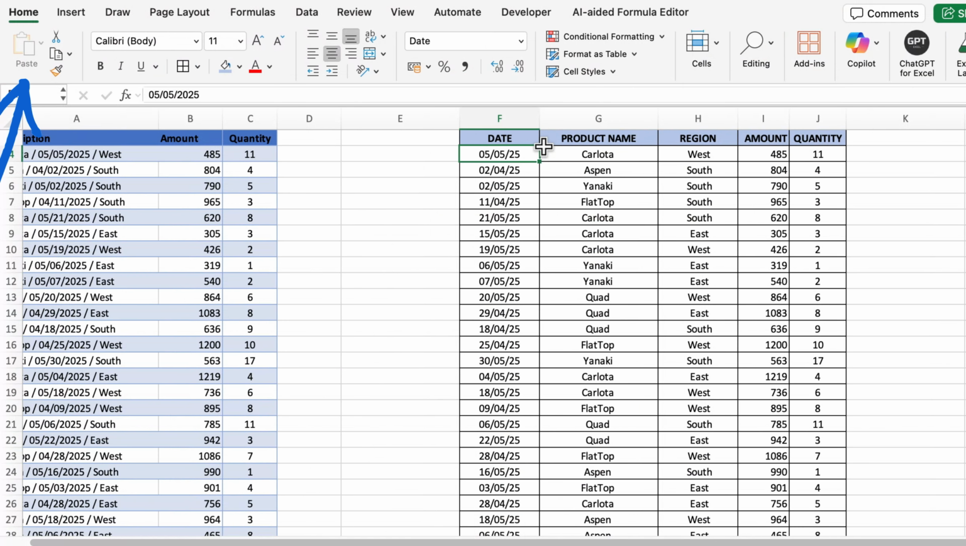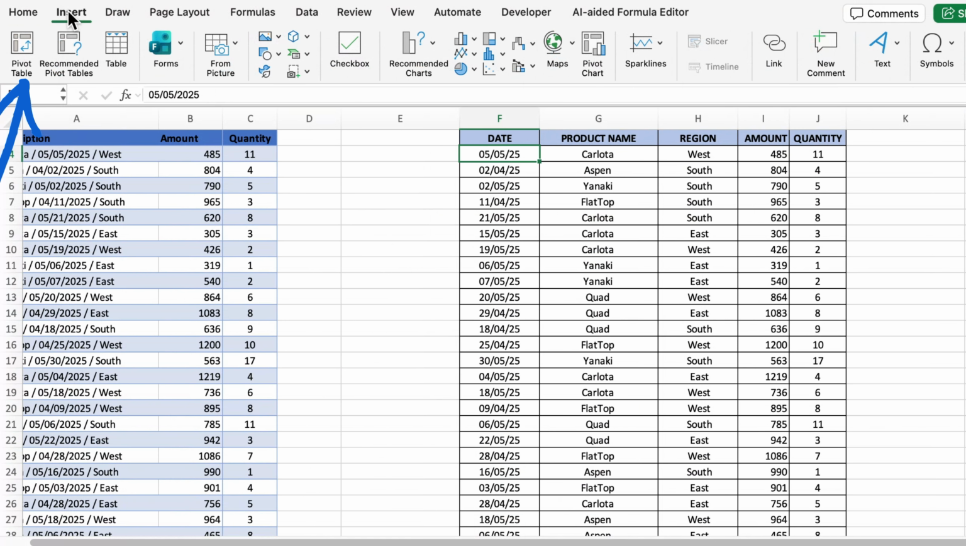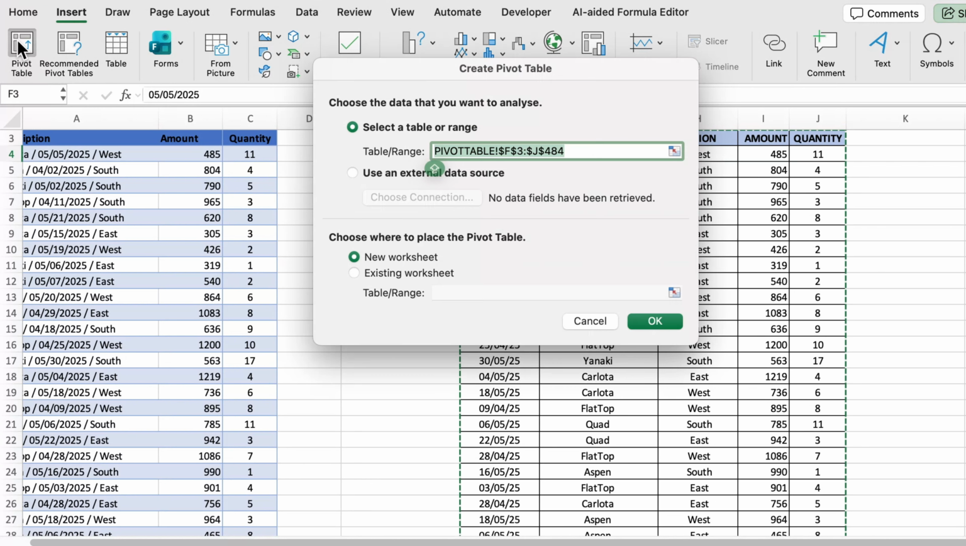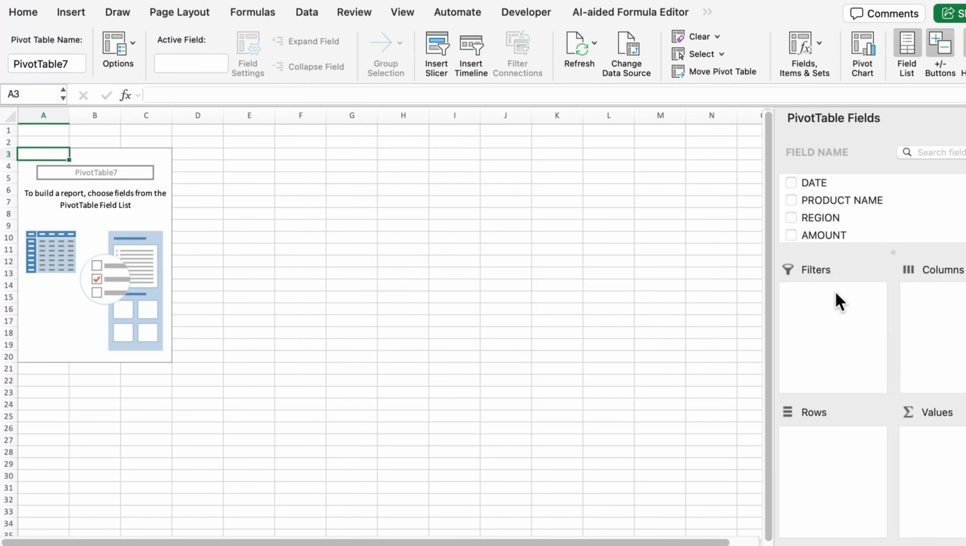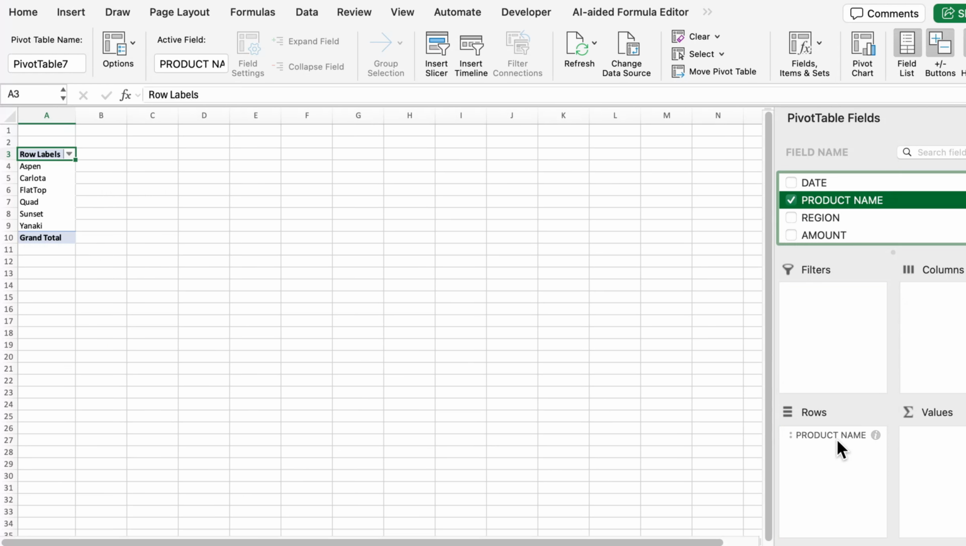To insert the pivot table, we will go to the insert menu. Here the pivot table option we will select. We want it in a new sheet, not existing, so we will select new worksheet. Okay. So here in pivot table fields you can see we will drag and drop columns as per the format we want. So first of all we want product name in rows, region in columns,